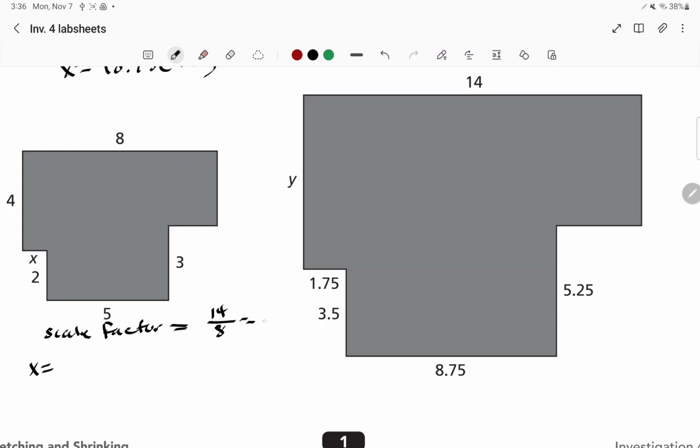It gives us 1 and 3/4. That's our scale factor. So we know we're going to have to take this number times 1 3/4. So it's going to be x times 1 3/4